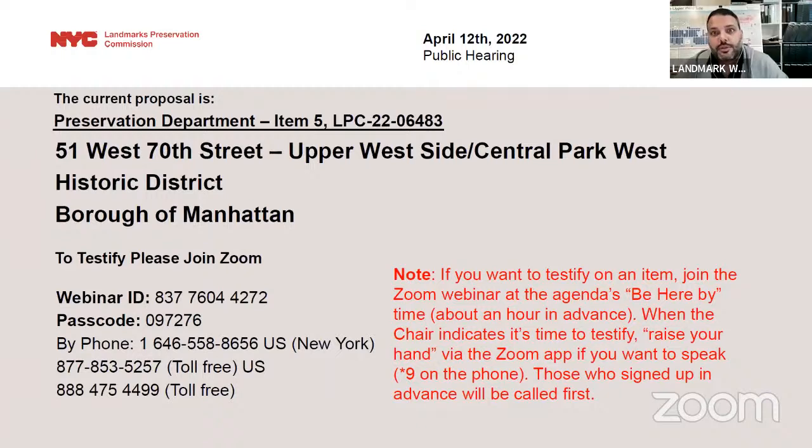Good afternoon, Commissioner. Sean Corsandi for Landmark West. The Landmark West Certificate of Appropriateness Committee is excited to see an applicant willing to replace row house windows in their original intended materials, wood, proving that where there's a will, there is a way. Although there's no return stoop proposed under this scope of work, the applicant's efforts to regularize the double hung windows are appreciated, and the design as a solution for the former parlor level entry is a well-considered compromise that suits